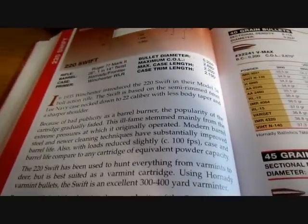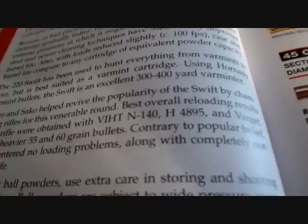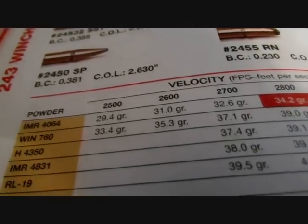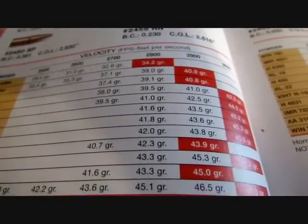And they'll give you their test barrel usually that they use, and they'll give you the conditions they loaded for, and they'll give you a good basic starting point for accuracy loads a lot of times. And that can be quite helpful as well. You'll see they'll have these loading manuals set up by bullet types. And then they'll have the different powders available and your different velocities that you can attain with the different powder